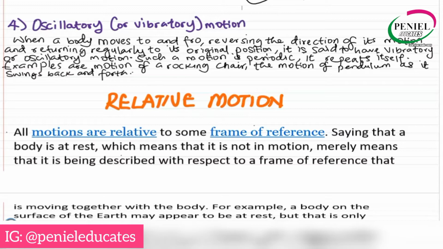So you can also have motion of a pendulum as it swings back and forth. So that is oscillatory or vibratory motion. Another thing that we need to consider while we look at motion is relative